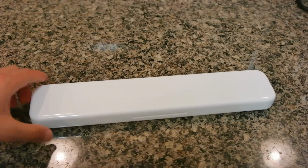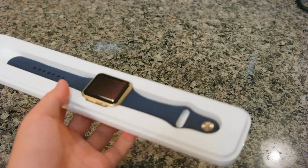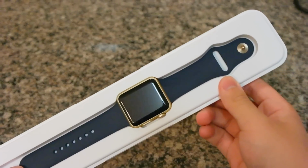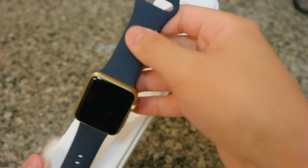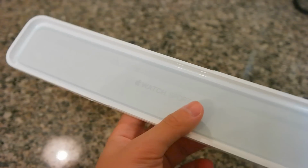Alright, here it is, guys. This is the watch case that it comes in. It's pretty weighty, a lot heavier than I thought it would be. And all you do is just open it up. And there is your watch. And you can already see I did switch it for the small band because it doesn't extend all the way. But yeah, here it is. Normally your watch would come wrapped in plastic. Again, I did take that off. Just gently lift this up. Nothing comes in there. And you do get this nice sort of fabric on the top, nice suede feel. Alright,